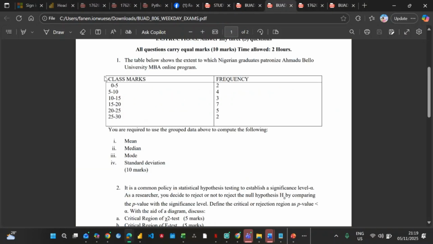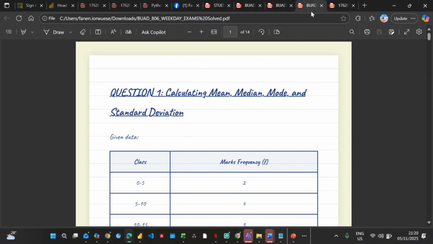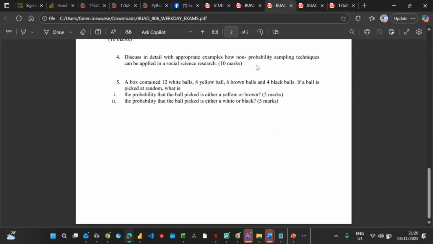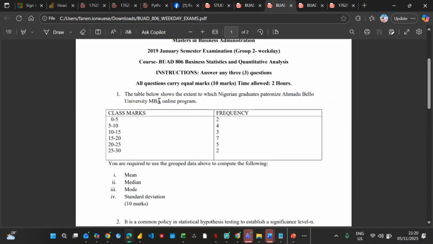I think this one, the exam. Yeah, this one should be the exam. So yeah, this is this one. This particular one, I've solved these questions to this level, to this number five. I've solved it. So what this means is they have given you this question and they said